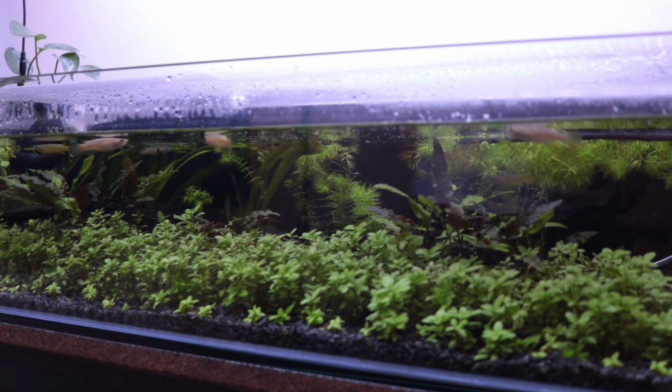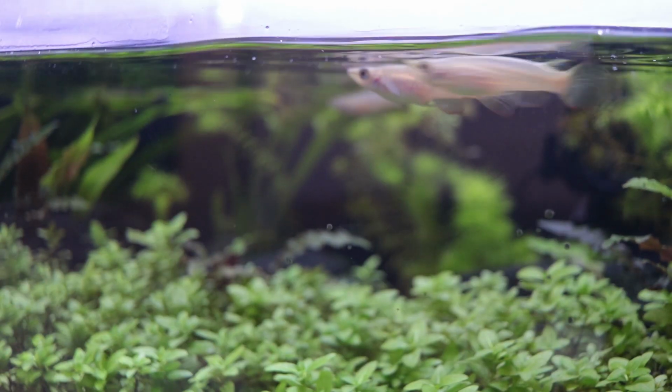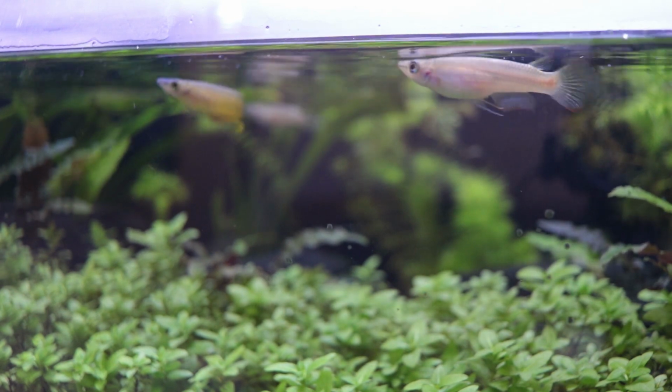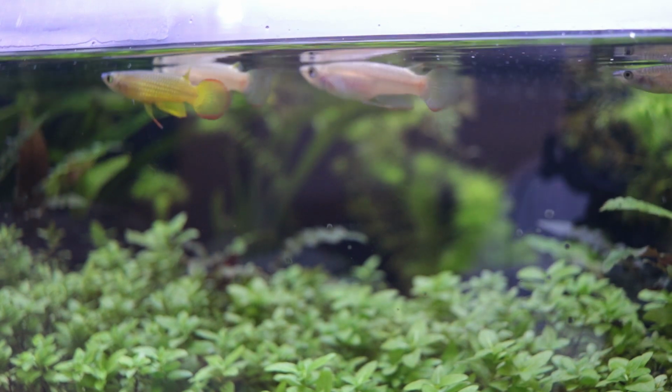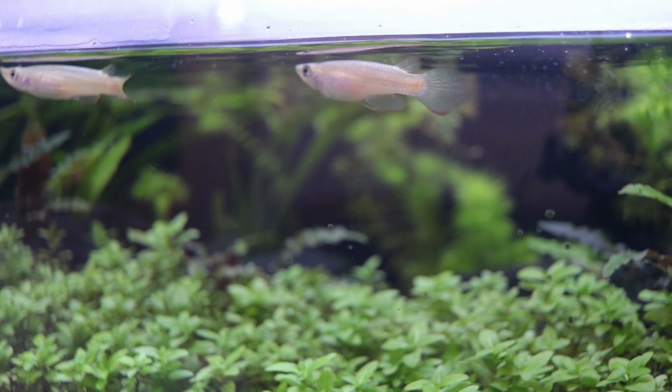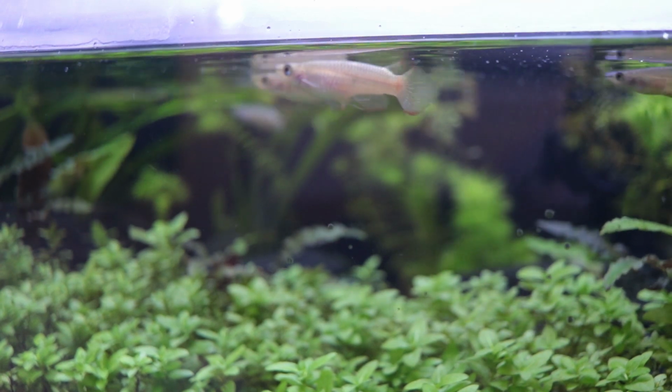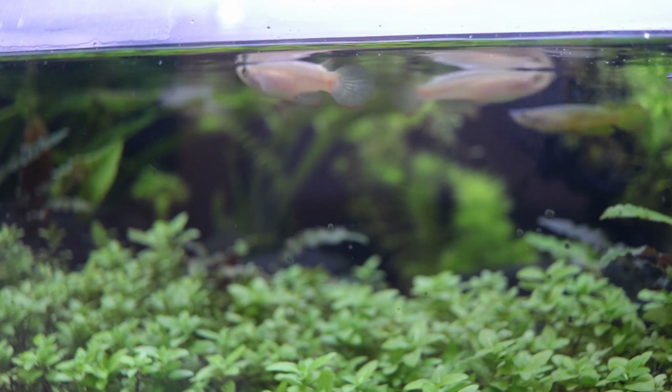So if we look, and these are a type of killifish. I never kept killifish before, but I knew roughly what they were, but I never knew what golden panchax were. So I went to the local fish shop,